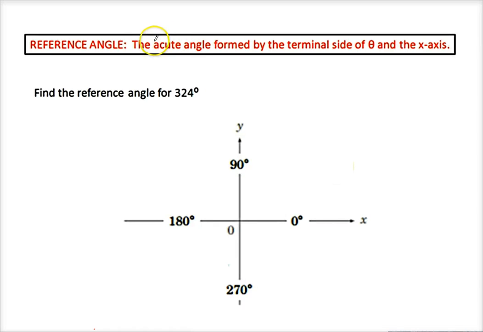In this video, we're going to talk about reference angles. A reference angle is the acute angle formed by the terminal side of theta, meaning an angle, and the x-axis. We assume that all angles start at 0, and if they're positive, they open counterclockwise, and their terminal side is where we stop. If they happen to be a negative angle, they open clockwise, downward this way, and again the terminal side